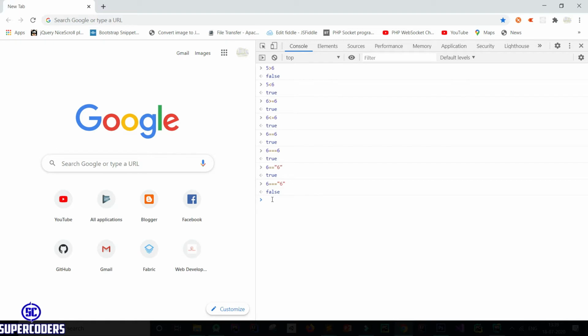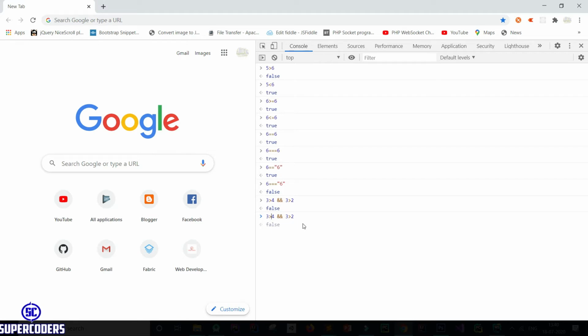Now let's see other operators, like 3 greater than 4 and 3 greater than 2. So this is the AND condition, which checks multiple conditions at the same time. All conditions must be satisfied.